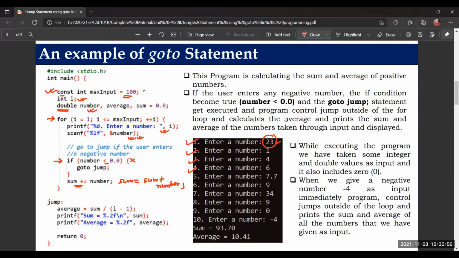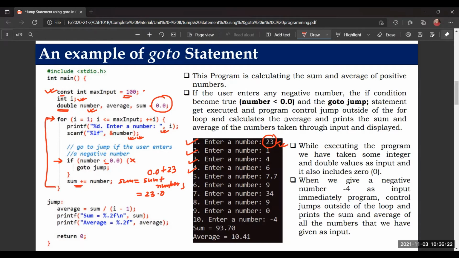So initially the value of sum is here, you can see 0.0. So what we are doing now, 0.0 is added with 23, which has been entered to the console. So it saves the value 23.0 here because it is double type. Okay. Next, again the loop will go up. It will continue with this input till I enter a negative number.